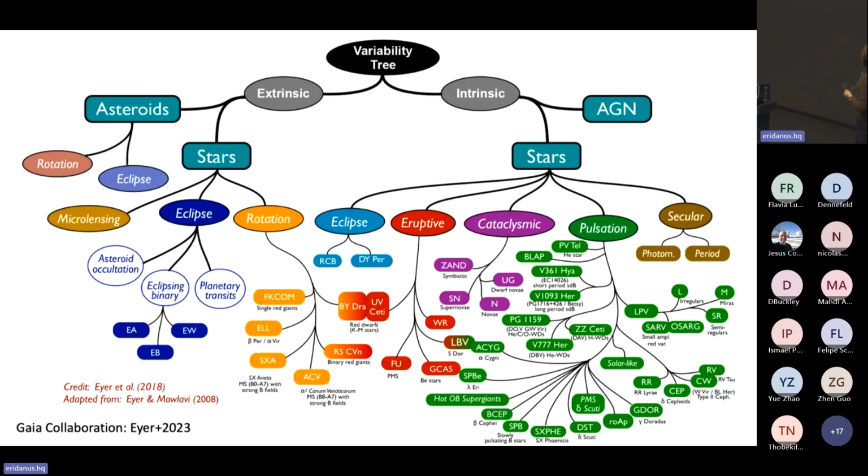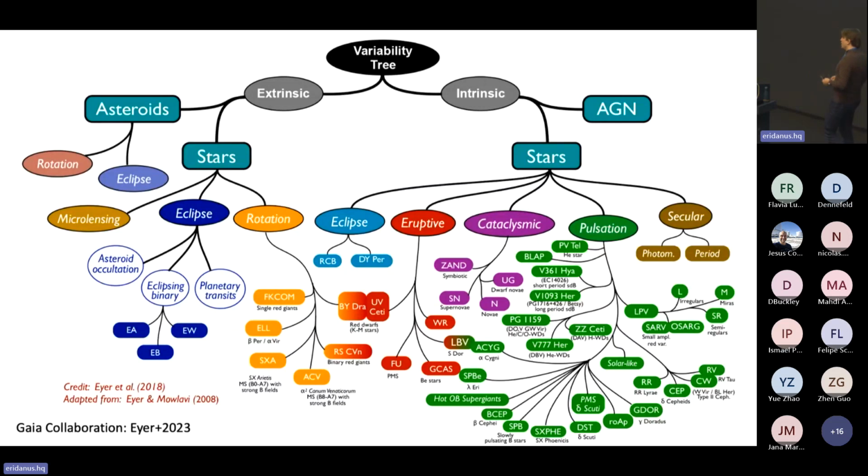And then under the intrinsic ones, you have a different type of eclipsing variables. You have eruptive variables, and we will hear Anna Pala speak just later today about white dwarfs and cataclysmic variables. And you also have a huge variety of different types of pulsating stars, and Giulia De Somma will be talking specifically about the radial pulsating stars like the delta Cepheids. And of course, you also have secular variability, where you really see the source evolving on human timescales. And of course, LSST would cover all sorts of these things.